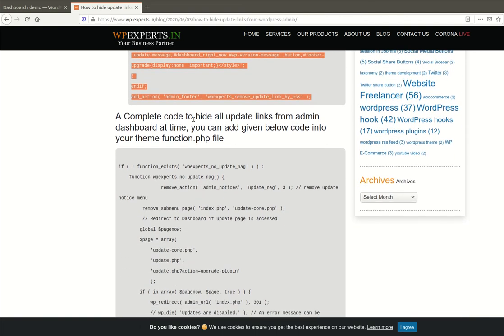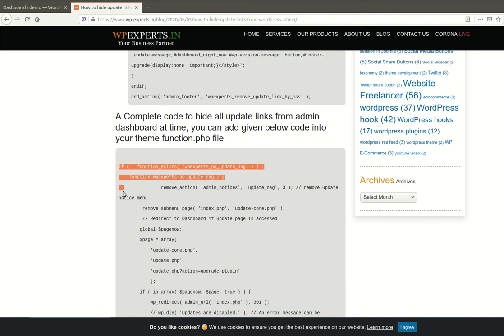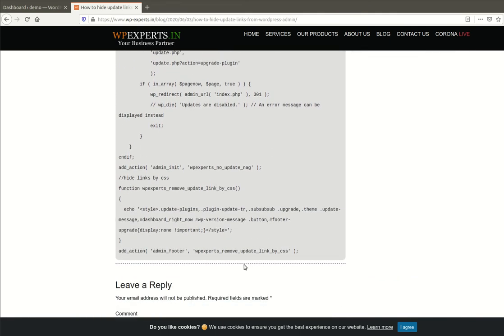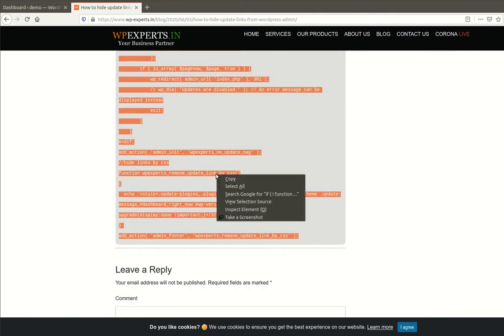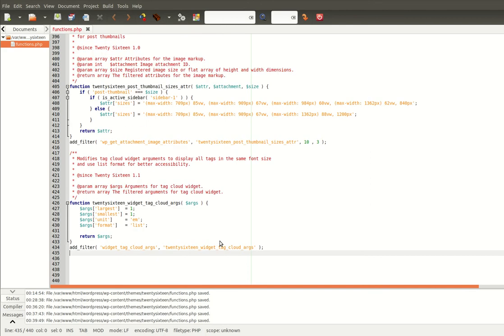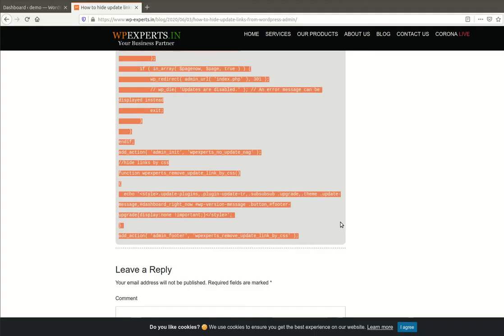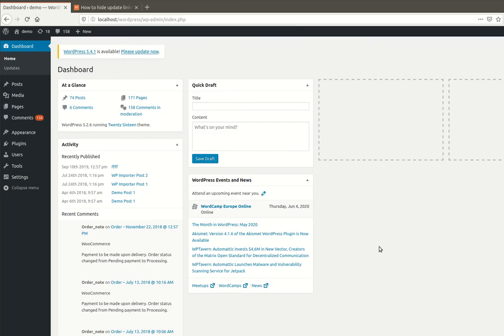Here I have given the combined code of all the above 3 steps, so you can copy it all if you want to hide all the update links at a time. In that case you just need to copy the code and paste it at the bottom of your theme functions.php file. Let me show you.